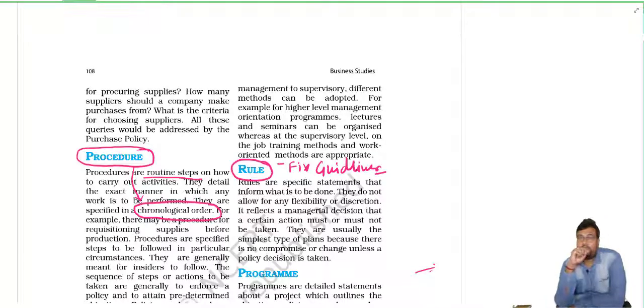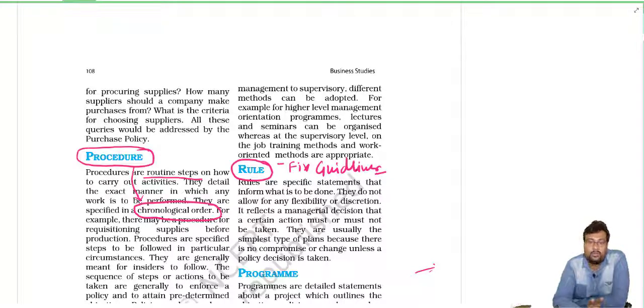We had discussed one example in policy: suppose one school is taking admission at 90% and another school is taking admission at 40%. That is their policy. But what is the rule in that? Every school has to take admission in class 11th when the students have passed class 10th. It is not that a student who has not passed class 10th gets admission and enrolls in class 11th. What are rules?